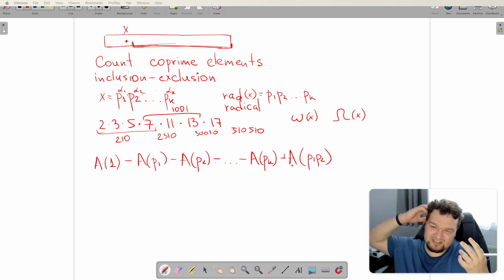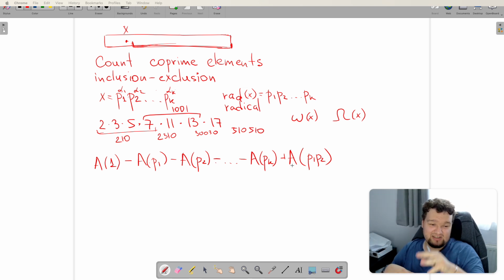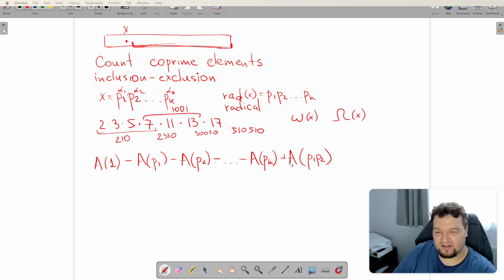And basically, for every prime, there is a subset of elements that are divisible by that prime. And we're interested in the numbers that are outside of those at most 7 sets that are divisible by the primes that we do have, and counting that thing is inclusion-exclusion. So we want to calculate the sum of, like, this a I used is the number of elements that are divisible by something.